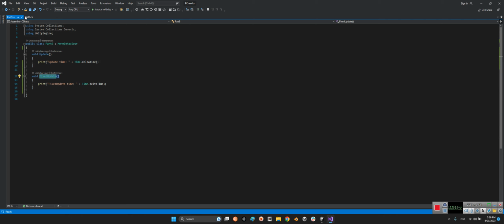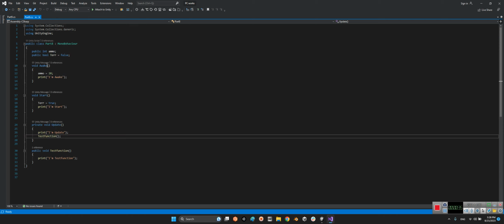in our script. For example, in the past, we have spoken about void Awake, void Start, and also a public void test function. If we want to call this test function from void Start, but repeating every time, we have several ways, but these ways are not consistent and also are not per frame. But